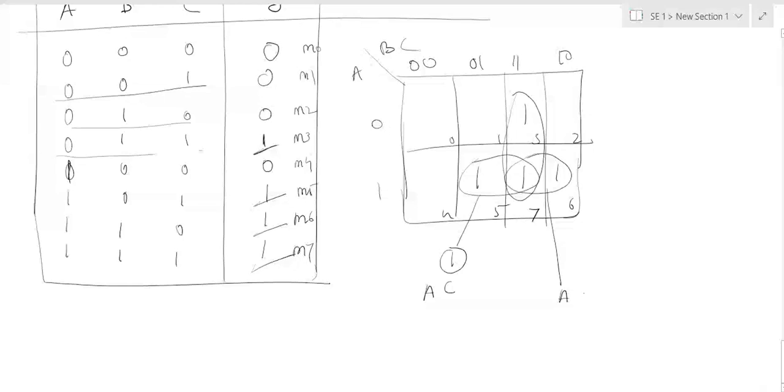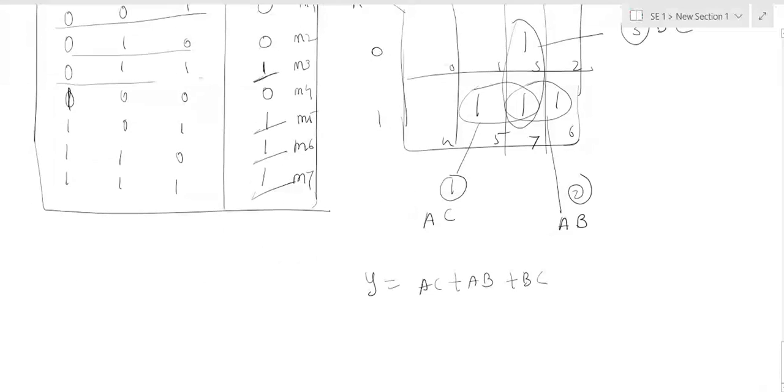Now my expression is Y equals AC plus AB plus BC. Is it possible to simplify the expression? No, it is already simplified.